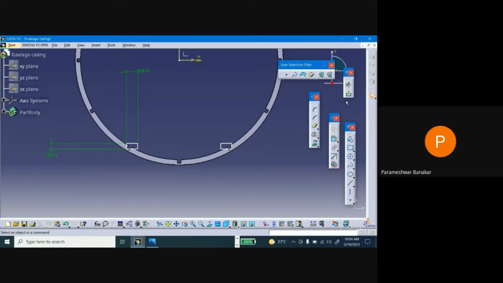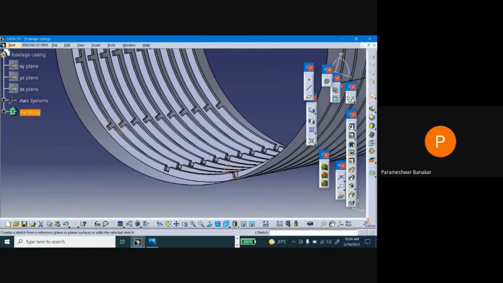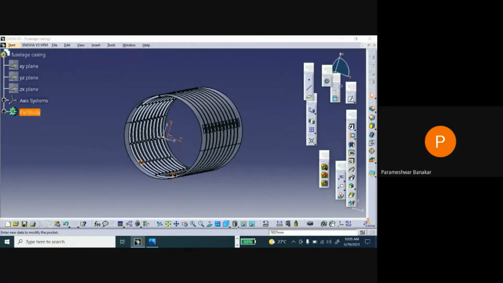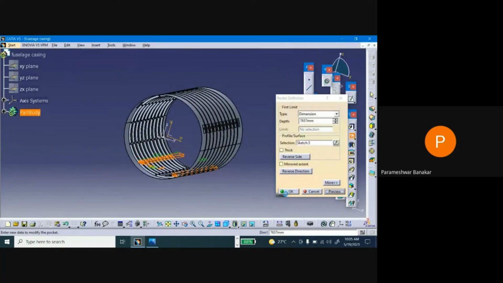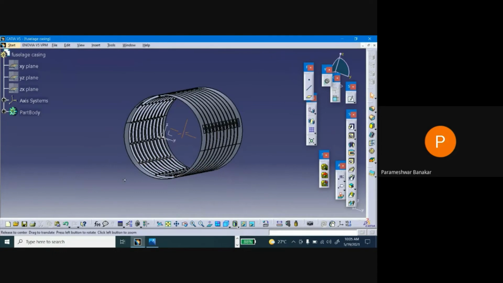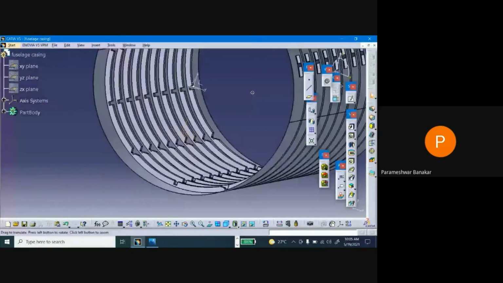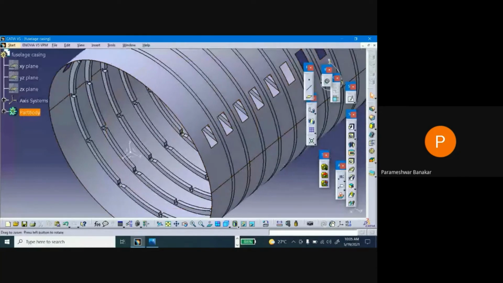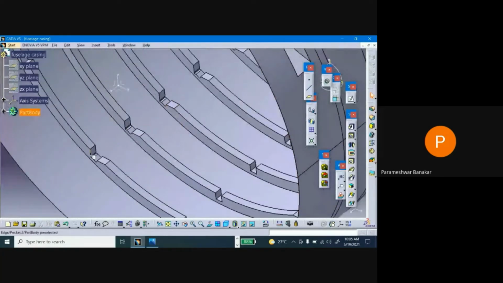So now go to exit workbench and again fix it, give pocket option, give preview, and okay. So now you can see the cutout part also is done here.